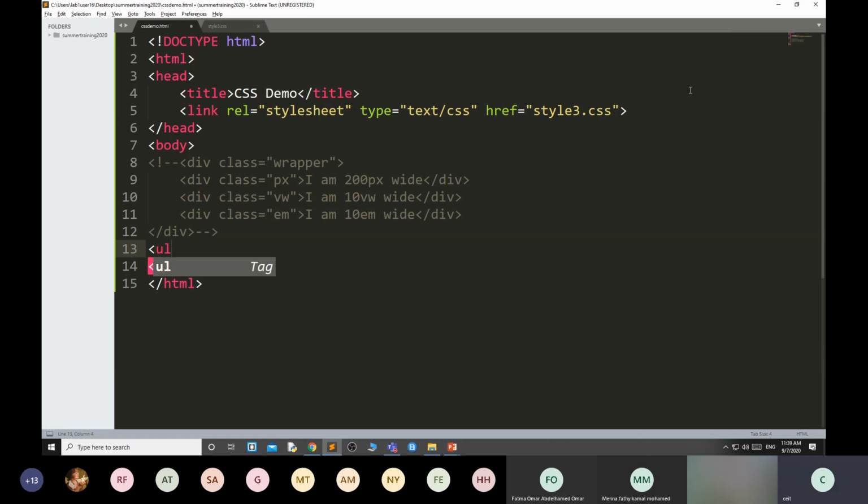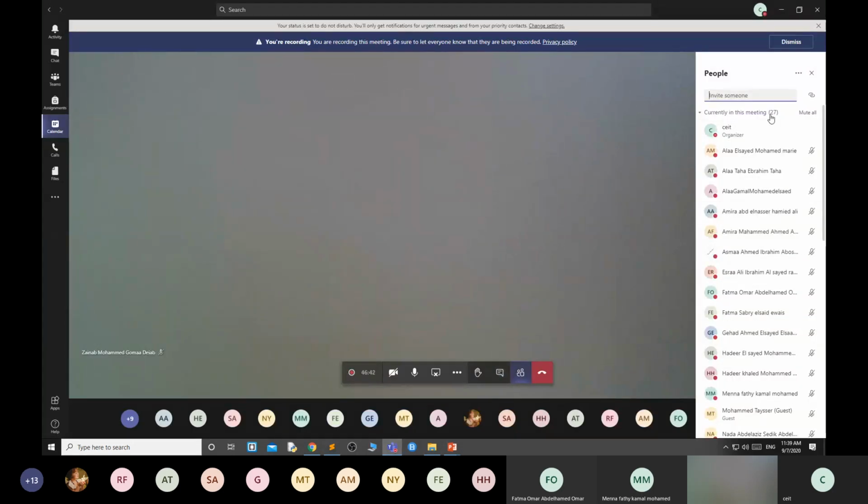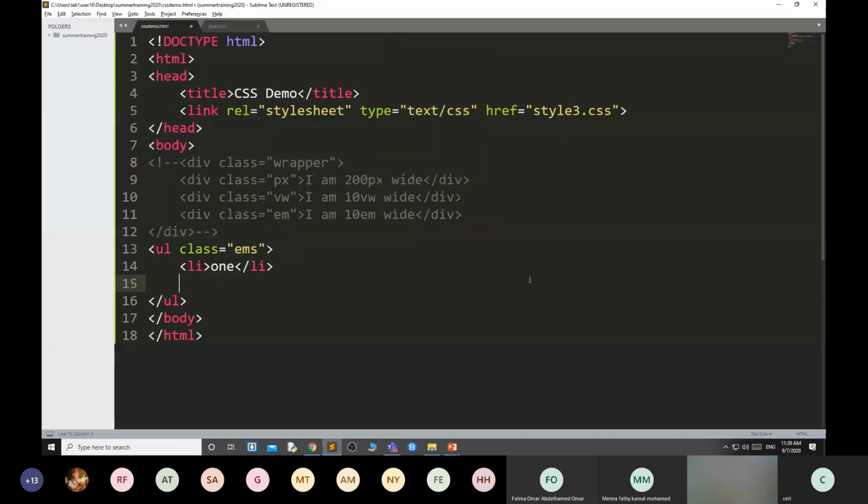Here I will create a UL and give the class li1, 2, 3.